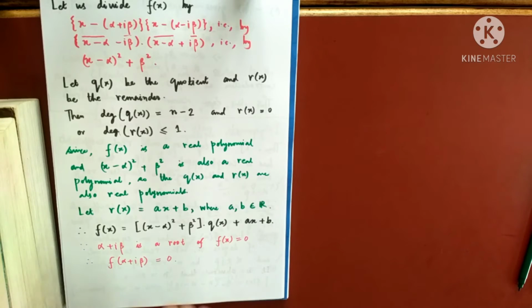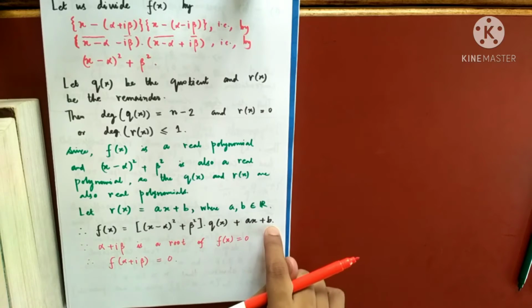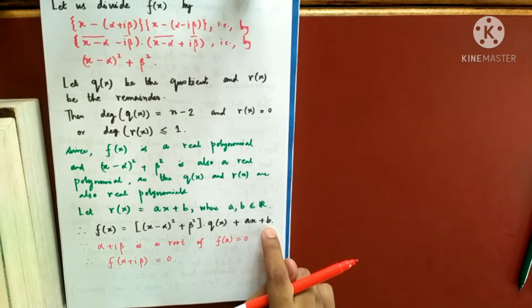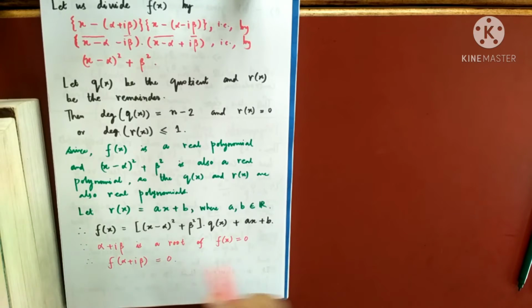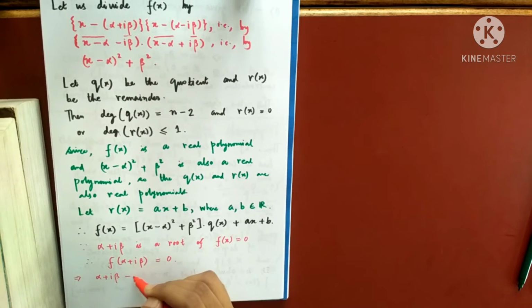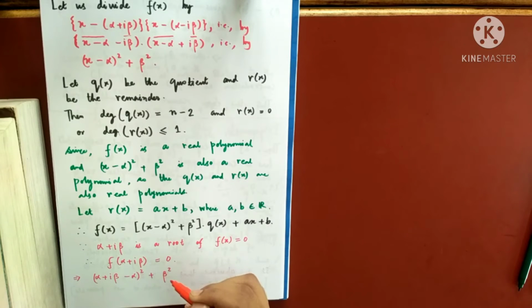Now what is f of alpha plus i beta? This is the expression for f(x). You put alpha plus i beta in place of x everywhere. So, in place of x I'll put alpha plus i beta: alpha plus i beta minus alpha whole square plus beta square